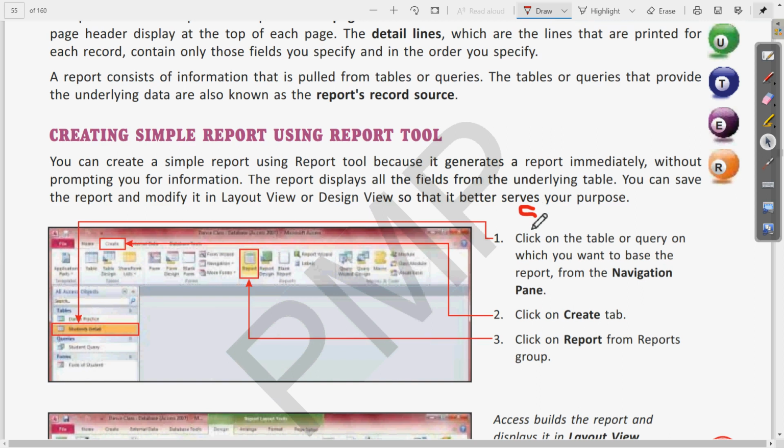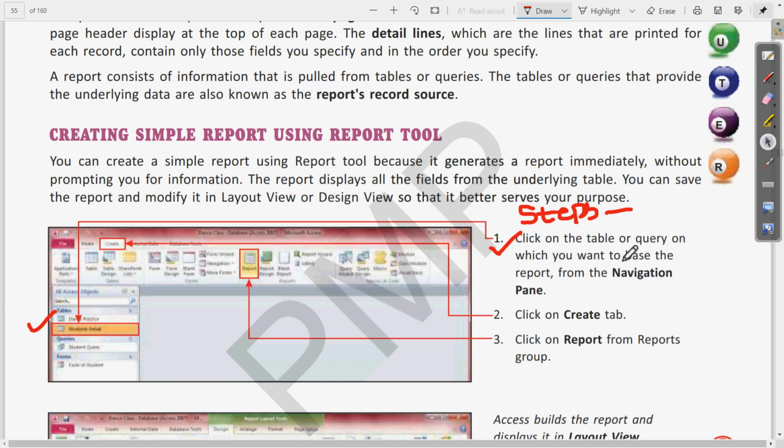You can begin the sentence like: steps required to create a report. Step number 1 is click on the table or query on which we want to base the report from the navigation pane. Here is the navigation pane, you can see. Whatever table or query we want to choose, we can choose from here.